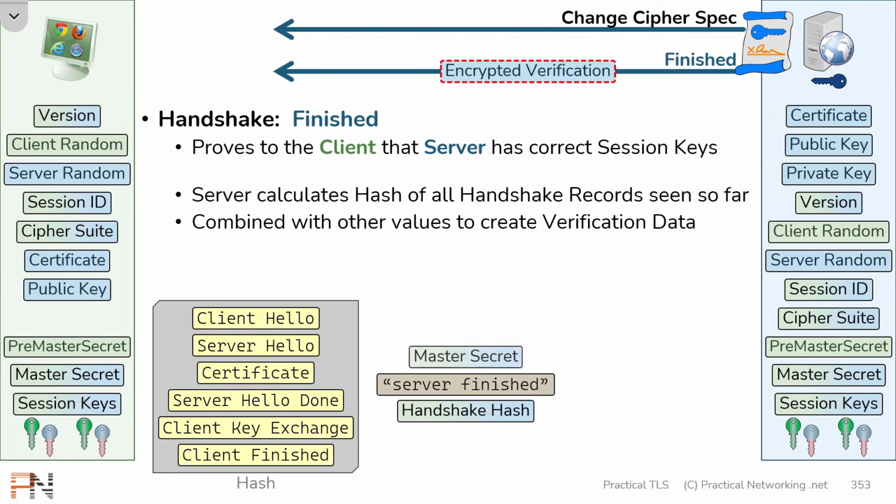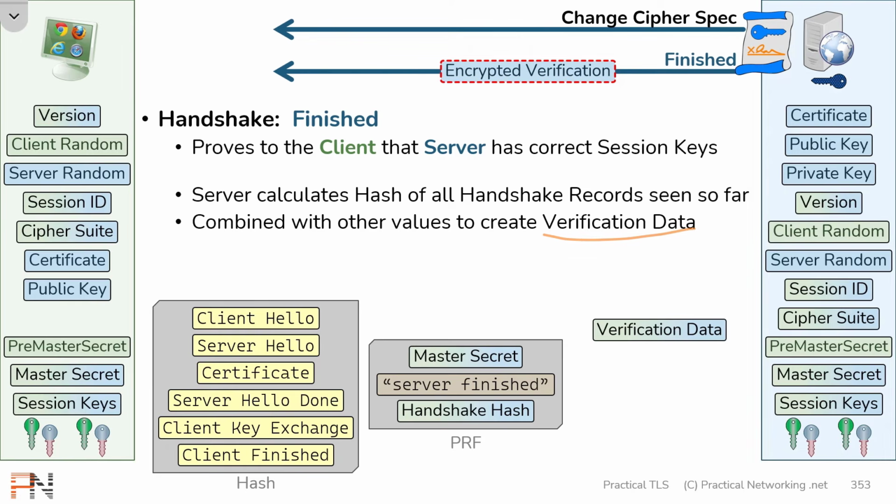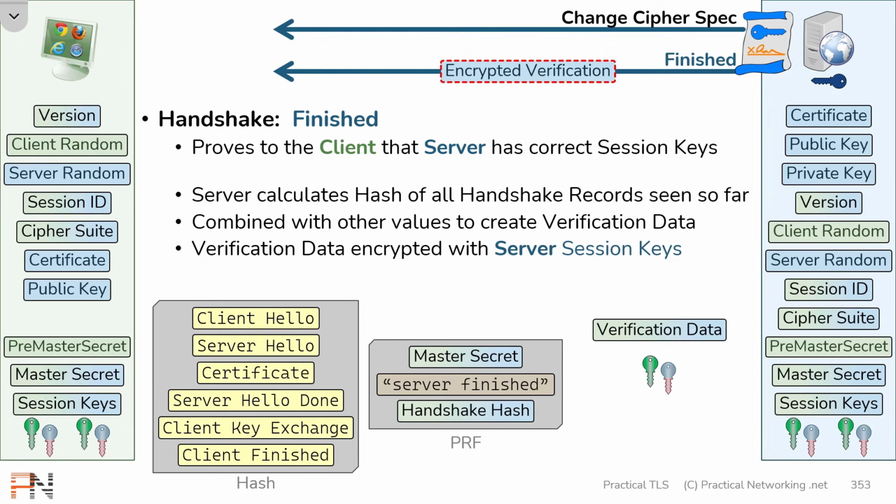That handshake hash is then combined with other values to create the verification data. Those other values are the literal string "server finished" and the master secret, which both the server and the client have, which means both the client and the server are able to put together the identical verification data. That verification data is then going to be encrypted by the server using the server encryption keys and then sent